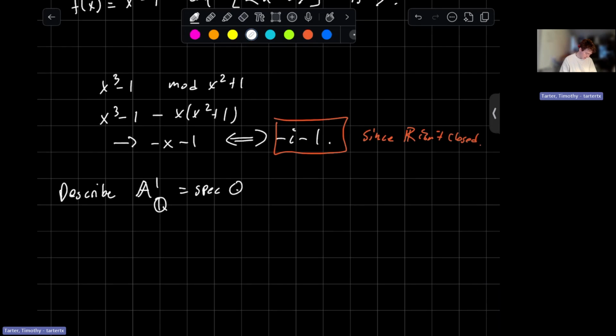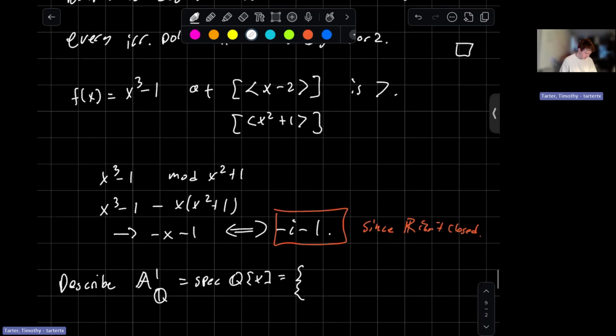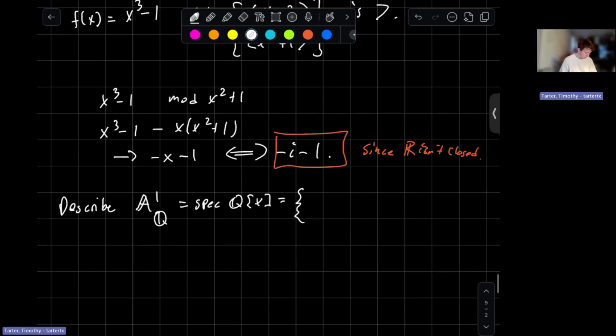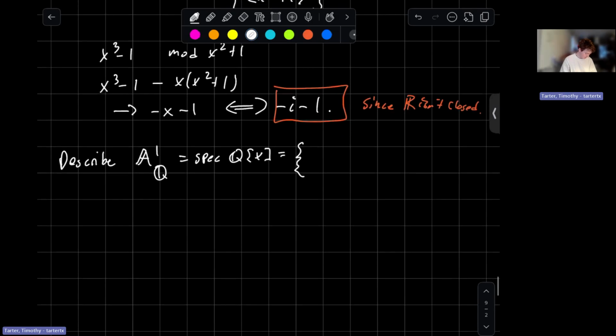This is Spec Q over X, which is the prime ideals of Q over X. Something is irreducible over Q if it's irreducible over Z. It's not the Eisenstein criterion. It's one of those algebra 2 criteria. Well, F in Q over X